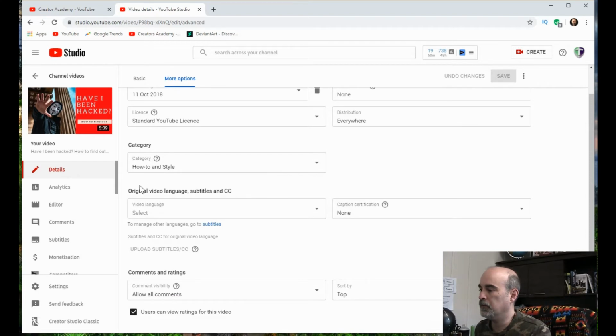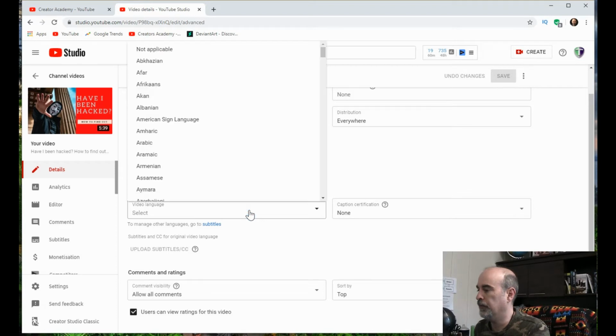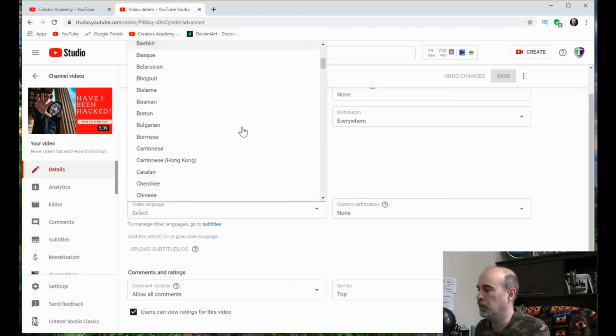And then if you scroll down a bit, original video language, subtitles and CC. Now one of the things it tells you here is the subtitles CC, select a video language, then upload the subtitles and CC. So we can't do anything with this until we select a language so it knows how to convert it. So we'll click in here for the video language and select our language.